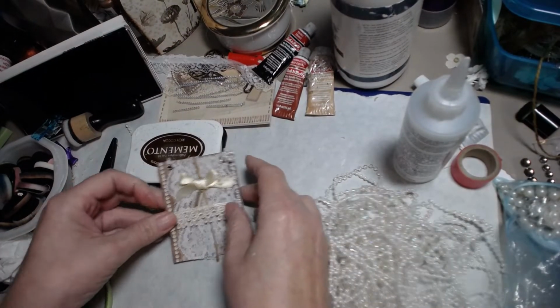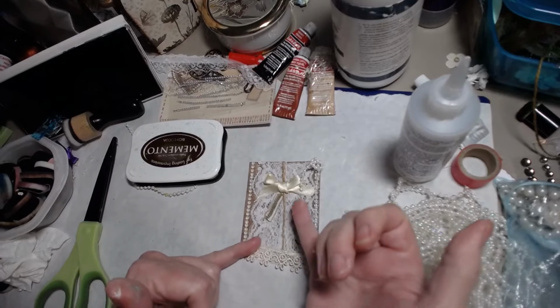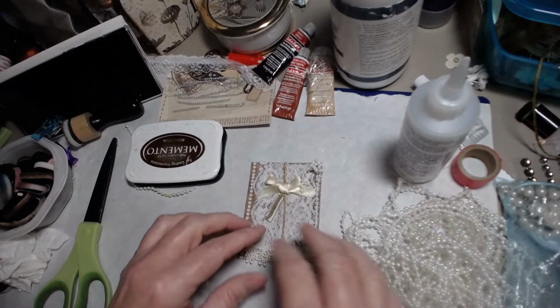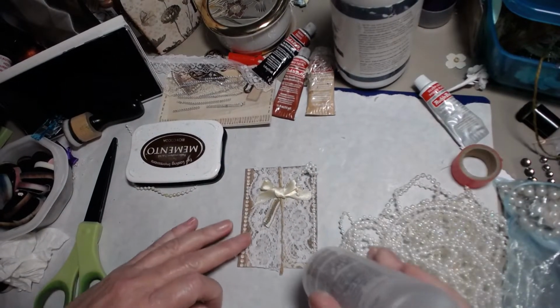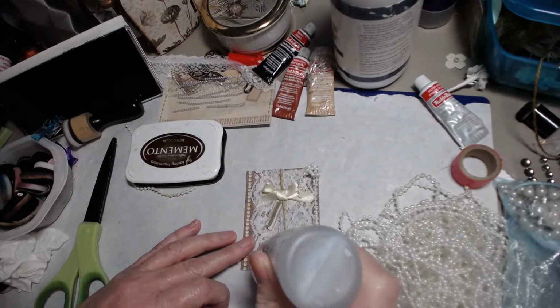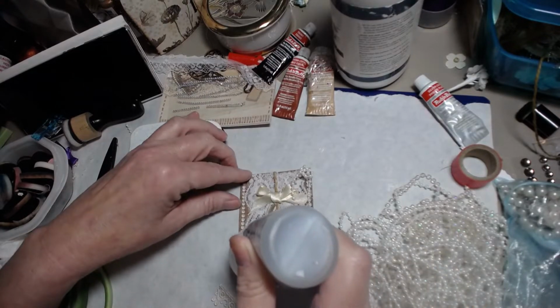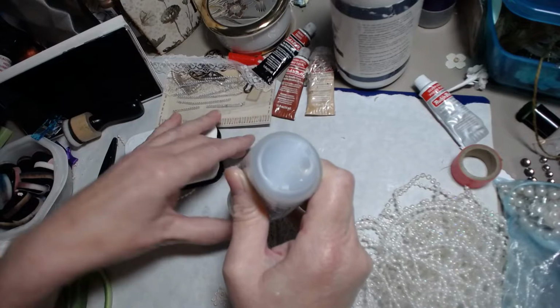However, I'm just going to grab this little piece of lace, and you'll notice white background, off-white, creamy yellow. So it's going to blend it all in, and it's just going to be fantastic. And this is just real exciting to me because nobody's ever really showed me this. Like I said, I had to study hours and hours of videos to try to figure out what I was doing wrong, when if I had somebody teaching me,